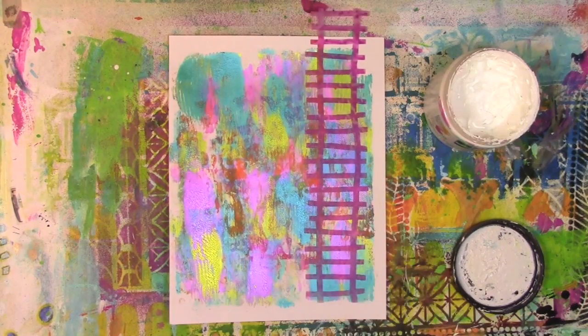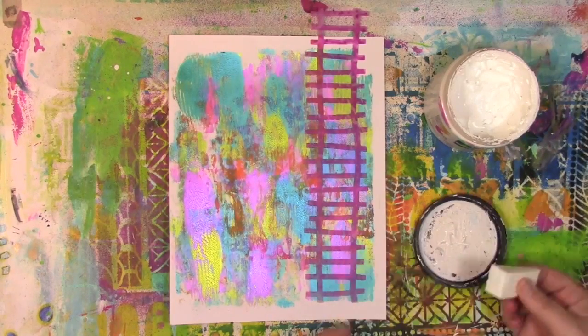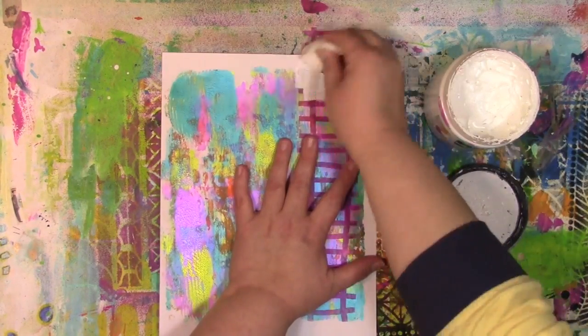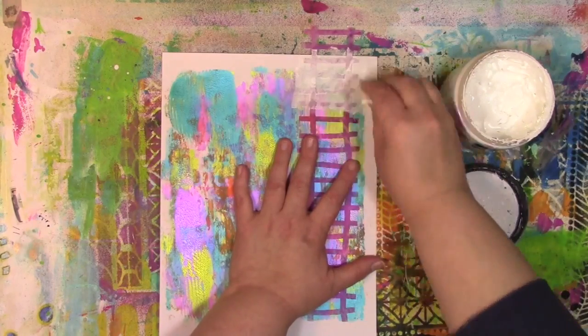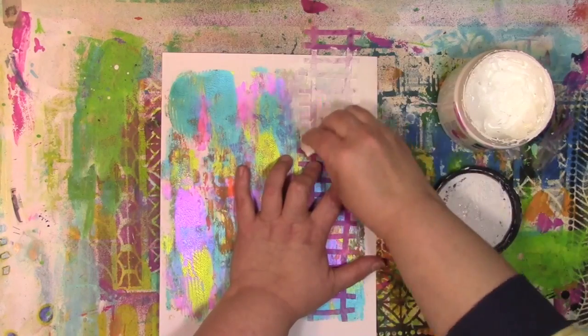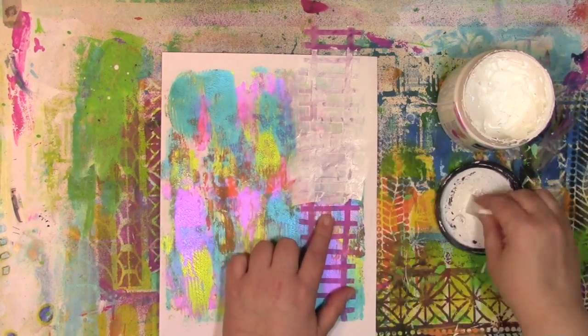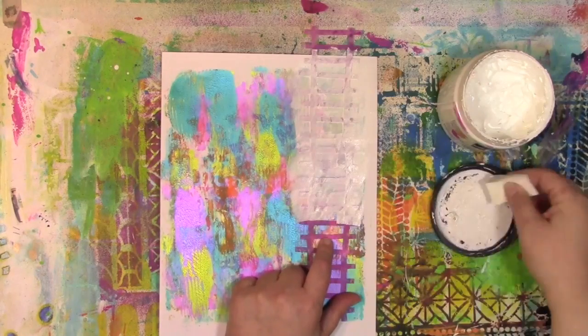Now I am positioning this because I want it to be on a super colorful part of the page, and then I am going to put white paint all around it. So I am just going to stencil around it, pouncing up and down, holding the ladder in place. I could put some repositionable tape there to hold it in place, but I'm just as happy using my hand